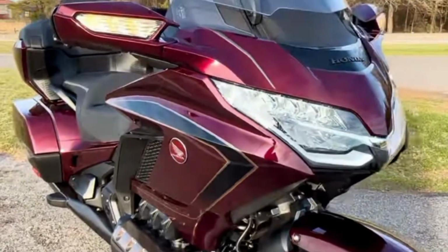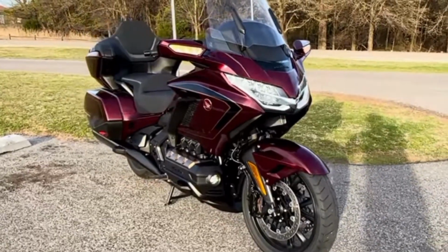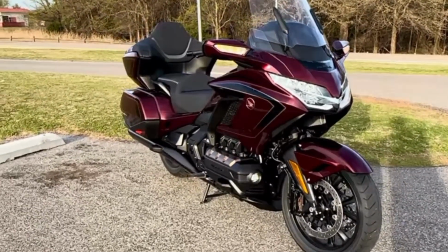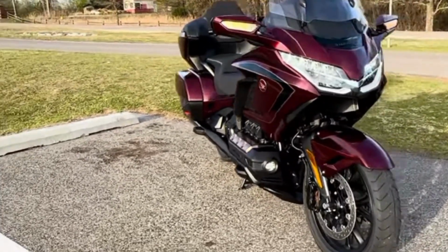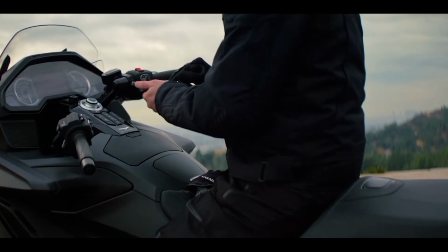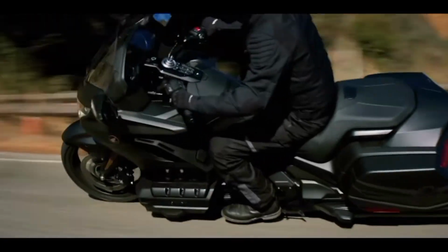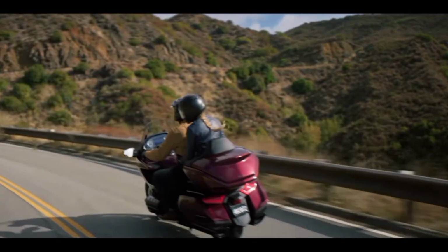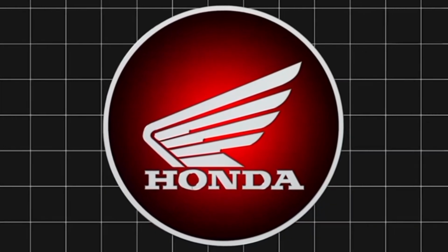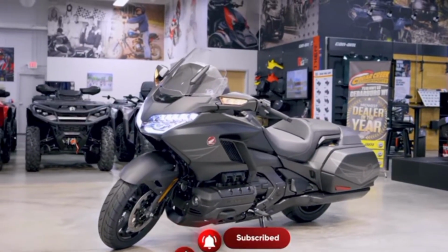The Honda Goldwing 50th Anniversary Edition. This is the bike Harley cannot answer. Not just a tourer but the ultimate evolution of everything Harley failed to modernize. While Harley clings to weight and noise, Honda crafted a machine so smooth, so refined, it makes Harley baggers feel like they're going backward. A flat 6 producing 125 lb of torque with zero shake, no clunk, no rattle, just